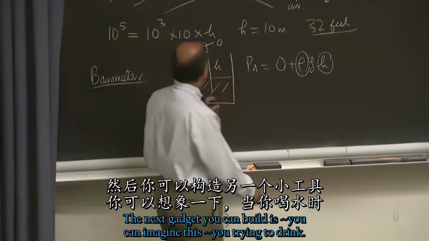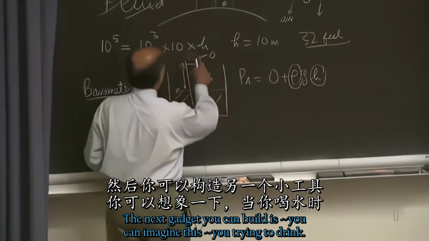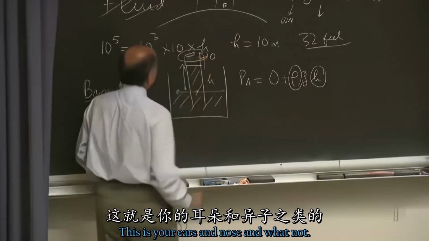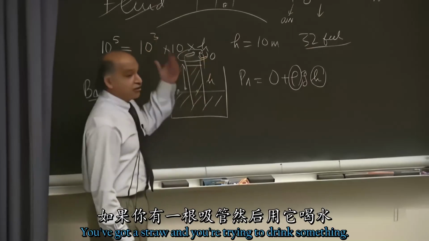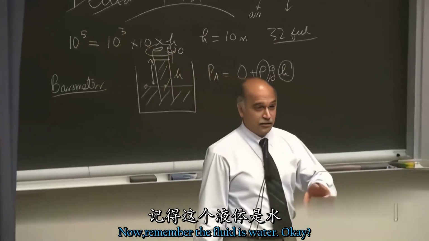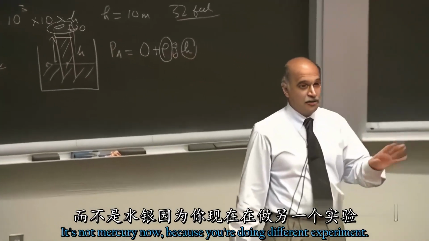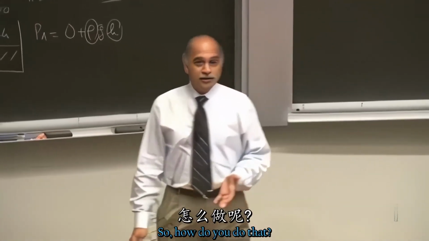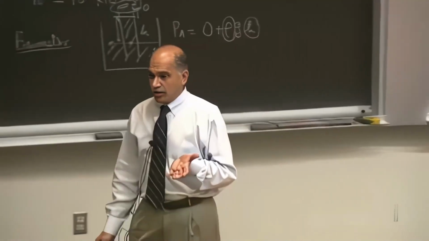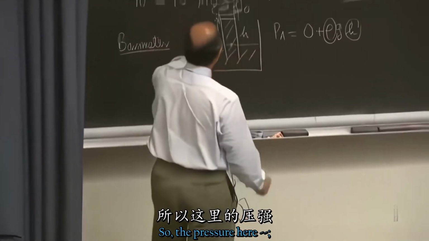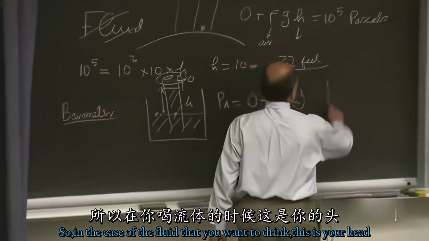The next gadget you can build is, you can imagine this is you trying to drink, this is your ears and nose and whatnot. You have a straw and you're trying to drink something. Now remember, the fluid is water. It's not mercury now, because you're doing a different experiment. You're going to drink from a straw. So how do you do that? When you drink from a straw, you create a partial vacuum in your mouth. So the pressure here, in the case of the fluid that you want to drink,